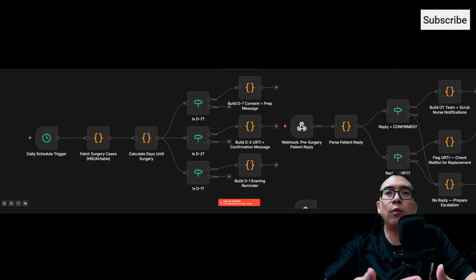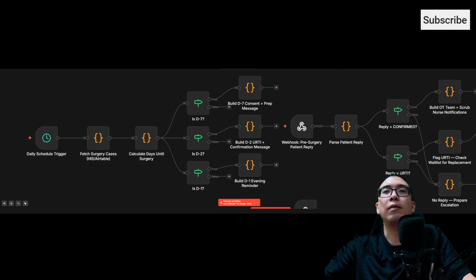This video, we will be talking about surgery pre and post automation. So yes, the treatment plan has been decided, and there is now a need to do pre-checks, pre-visit instructions, as well as post-surgery checks. The workflow here is designed in n8n through various nodes that have triggers, filters